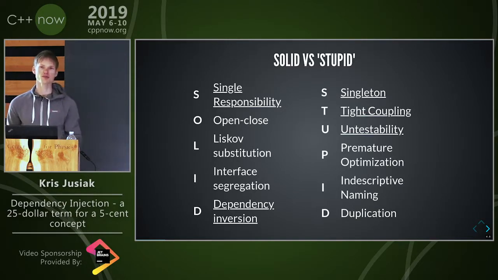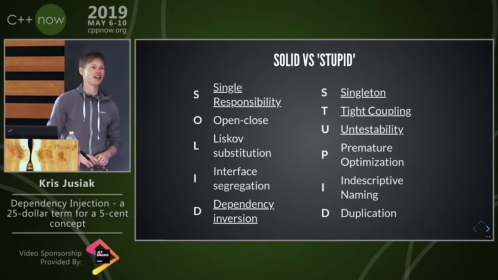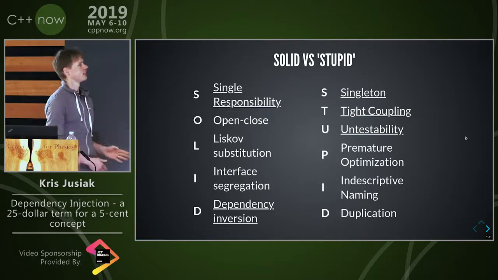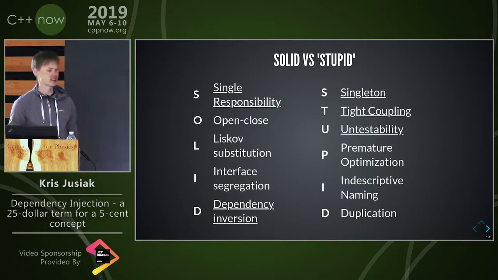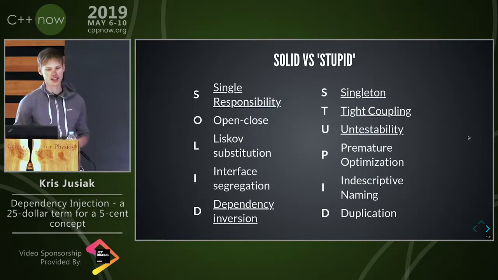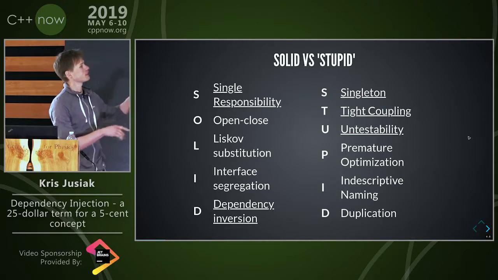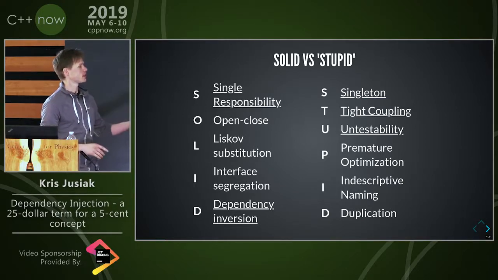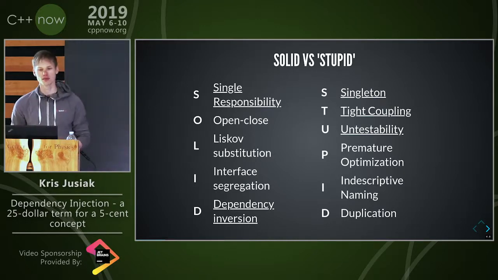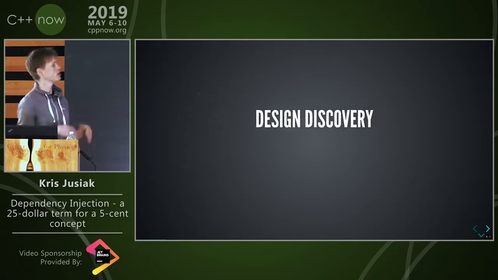So the last remark: clean code defines the SOLID principles, but on the other side of the spectrum there are also STUPID principles, which we don't want to follow. We want to be on the left side here. Sometimes we get to the right side, but we don't want to be there. So I'll try to focus on the highlighted, underlined part, the single responsibility and dependency injection, and kind of bust the right one, which we don't really want to have. Okay, so